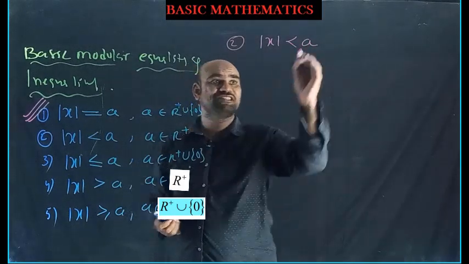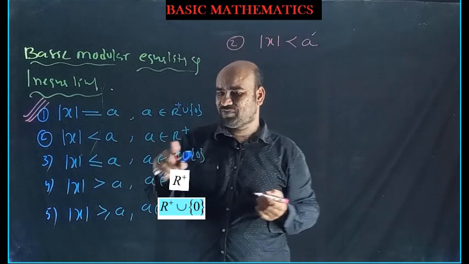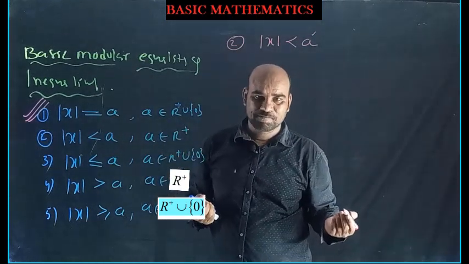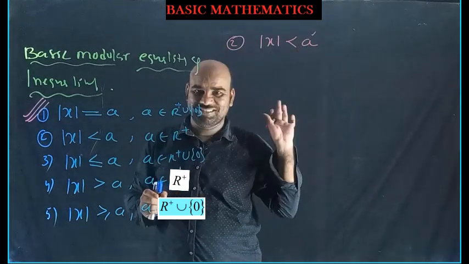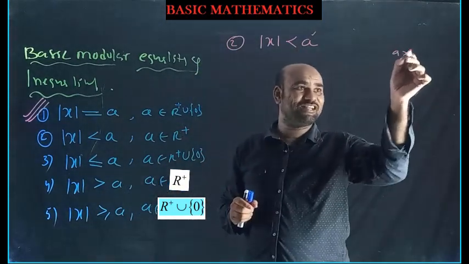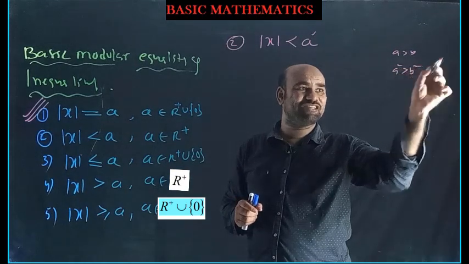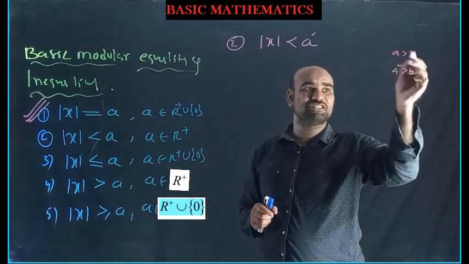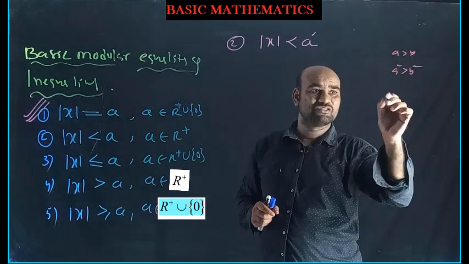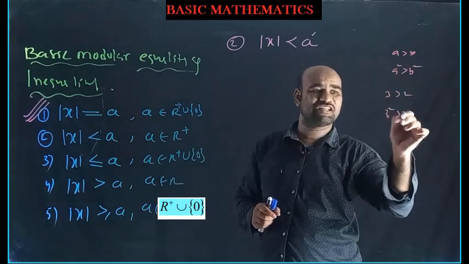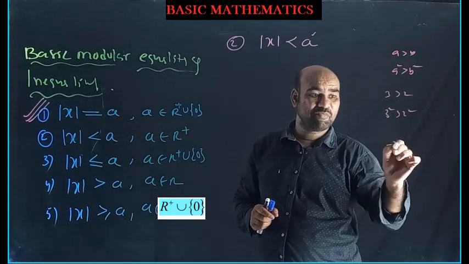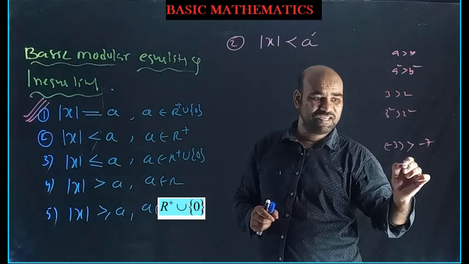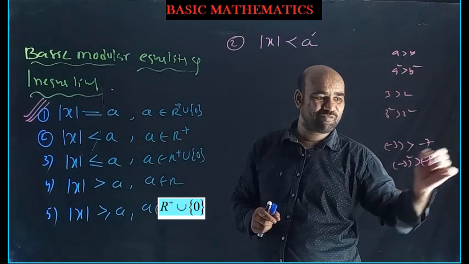Okay. What is A here? A is a positive real number, and mod x is a non-negative real number. We can square the other side. Already explained: A greater than B. Directly we can't say that A square is greater than B square. That's a wrong conclusion. If both are positive, we can say so. 3 greater than 2 means 3 square greater than 2 square, correct. But minus 3 is greater than minus 7, so minus 3 square is greater than minus 7 square becomes wrong.